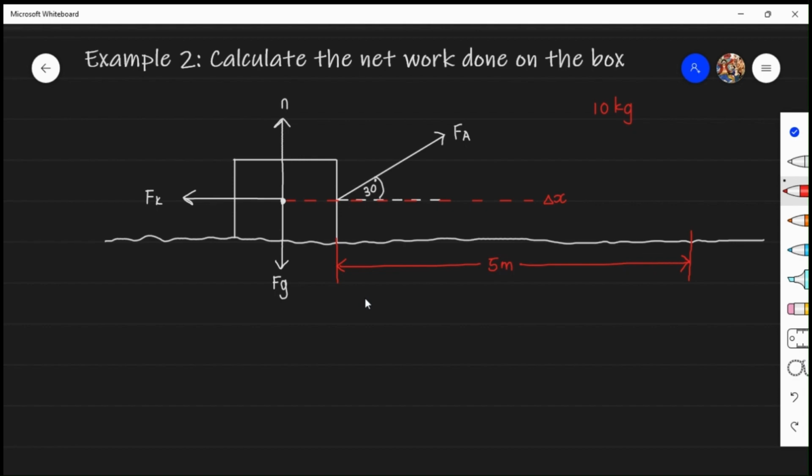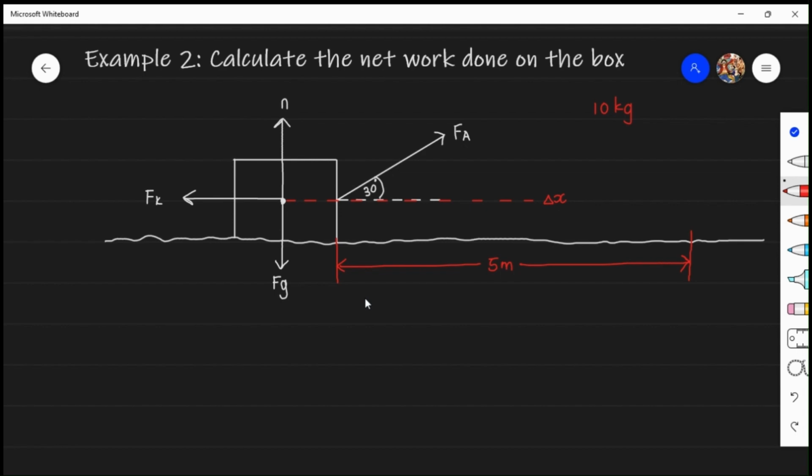The first method is to calculate the individual works, add them up, and that will give us the net work. The second method is to calculate the net force and then use our formula: work net equals F net times displacement times cos of the angle between our displacement and our net force. So let us first use method 1, whereby we calculate the individual works done by each individual force and